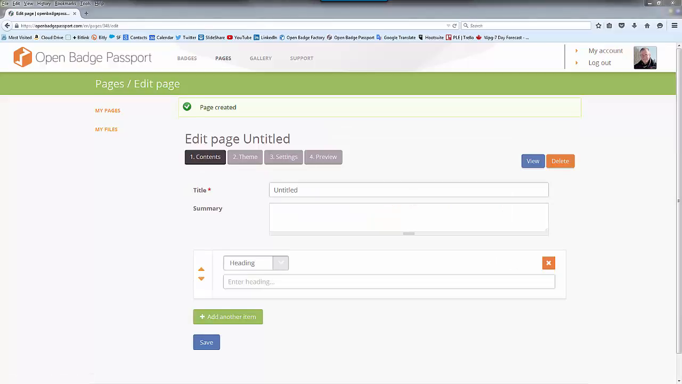The first thing I do is I give the page a title. And then I will give it a summary. And then I could have any one of these blocks on the page. So the heading, subheading, text editor, etc. I'm going to do a very simple page. I'm going to add a few badges to it and also show you how to select a file, but then